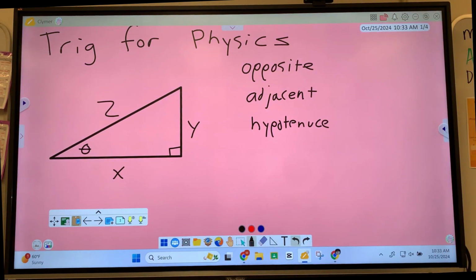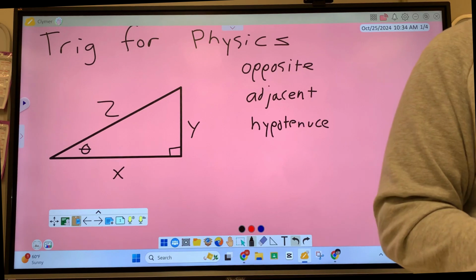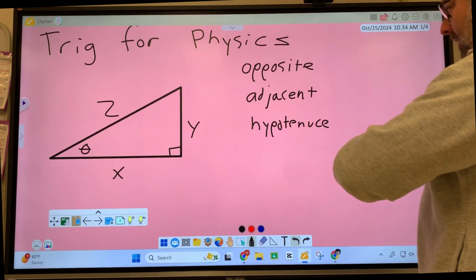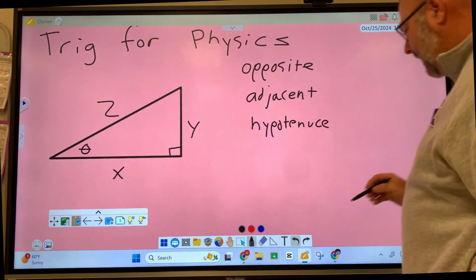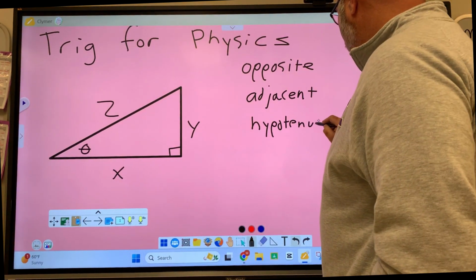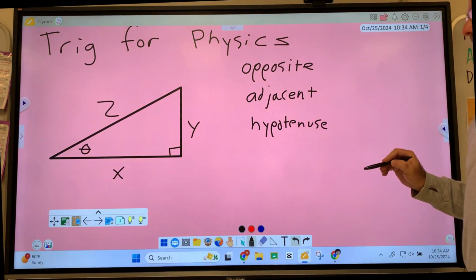How do you spell hypotenuse? Hey Siri, how do you spell hypotenuse? H-Y-P-O-T-E-N-U-S-E. It is S-E. I was right. Looks awful though, doesn't it? Anyway,